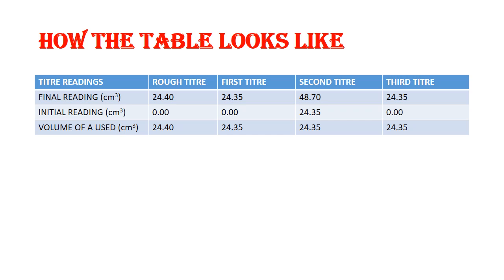Okay, now for the second Titer, you can see that our initial reading for the second Titer is the same thing as the final reading for the first Titer. The reason being that the total volume of the burette is 50 centimeter cube. Okay, so if your end point for your first Titer is maybe 26, you will expect for the second titration,